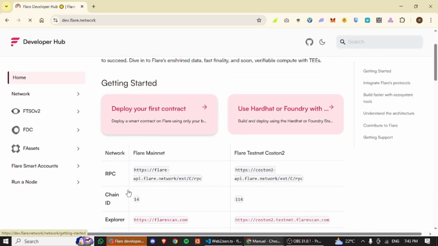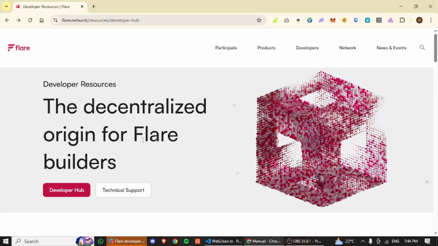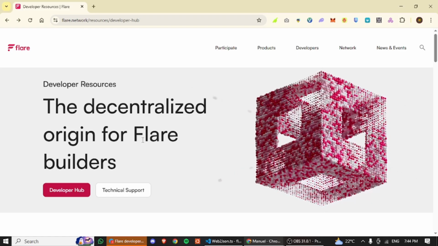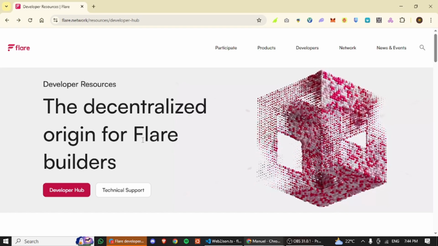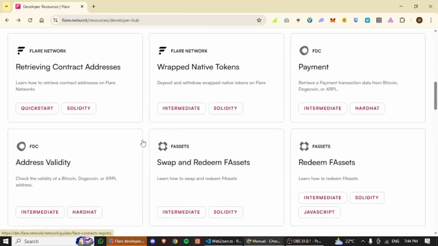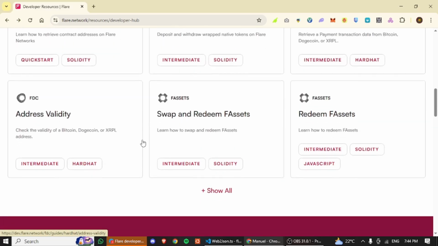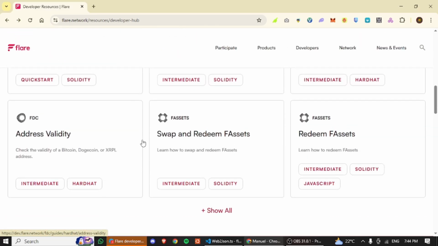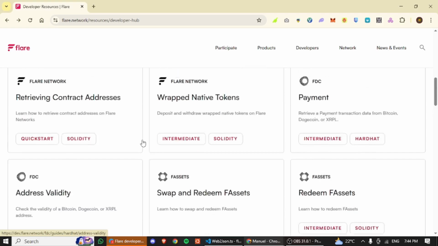So we're going to be essentially building with Solidity, but there are also SDKs for different languages. If you have experience building with Rust, Go, or JavaScript, there is still something you can do with the Flare developer resources here. You don't have to worry that you're a JavaScript native or a Rust native developer. There are still a number of things you can touch upon that will enable you to access the Flare protocols and build within the Flare ecosystem.